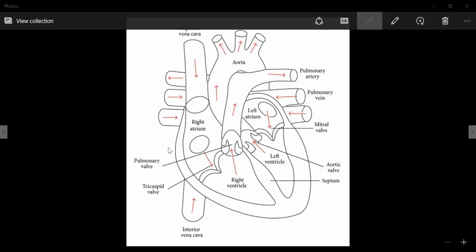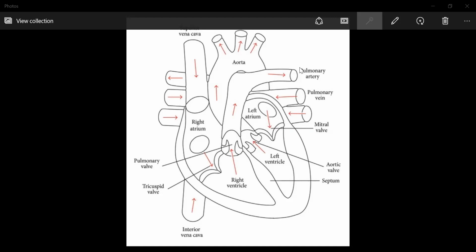You will also observe that the upper area, the atrium, is thin walled, and the lower area, the ventricle, is thick walled. The thin wall of the atrium as compared to the thick wall of the ventricle. Why? Because the ventricles have to pump the blood harder so that they push the blood upwards. And since they pump the blood into various organs, they have thicker muscular walls than the atria do.